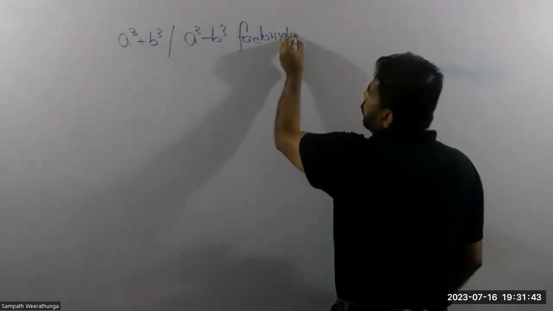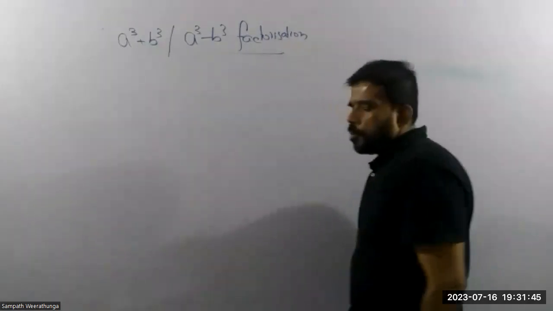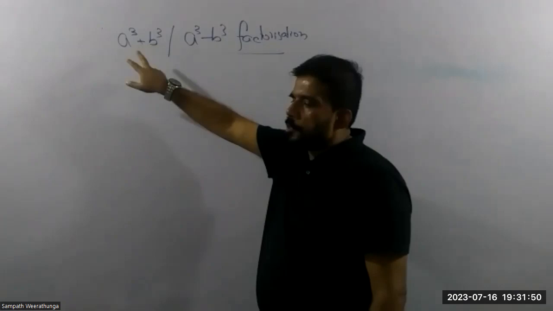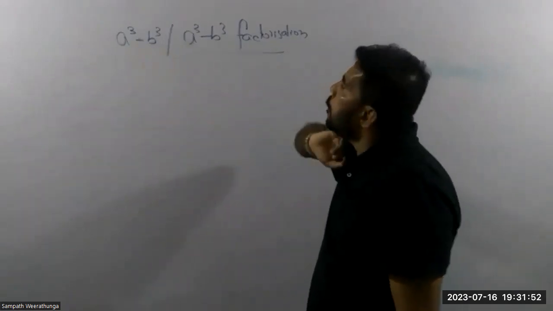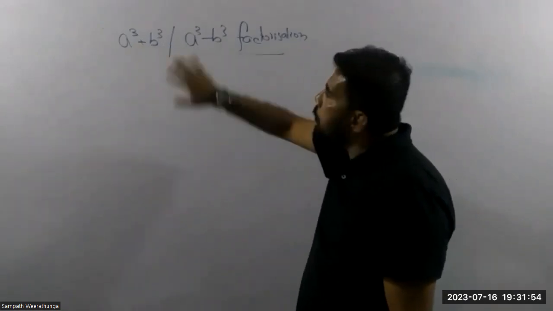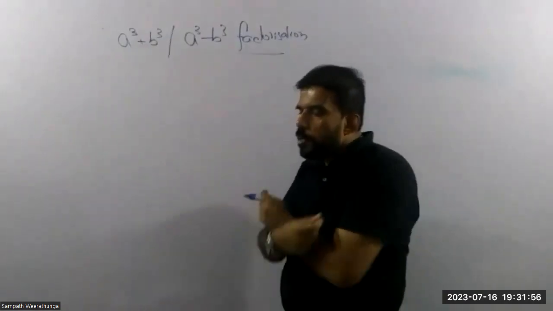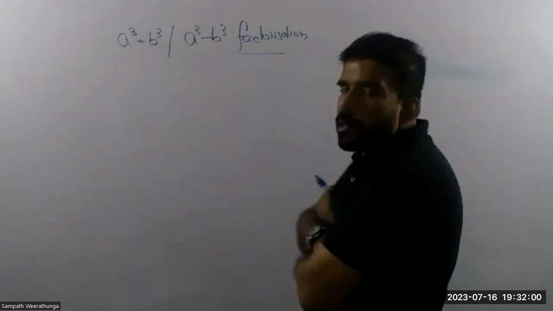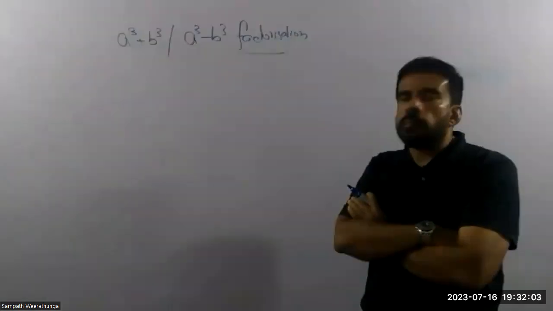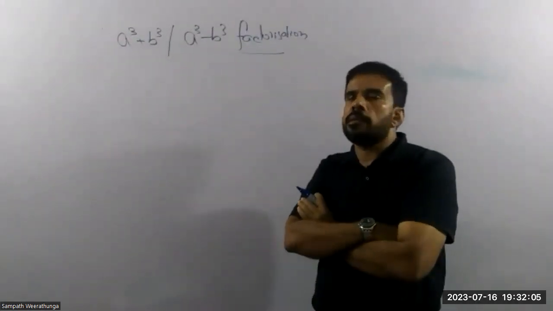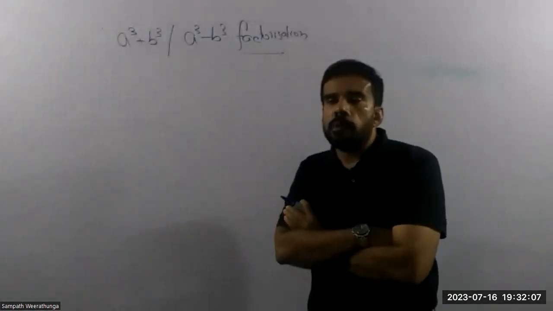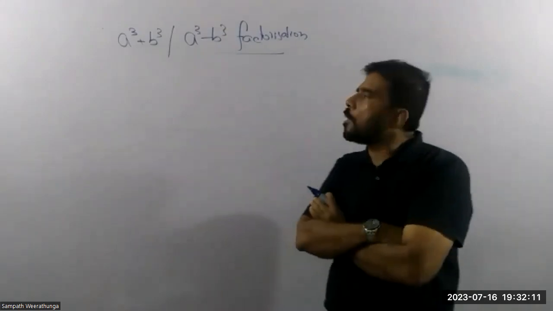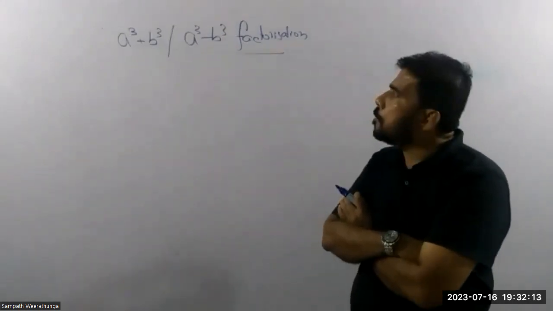How to factorize in cubic form. Still, this is a binomial. It's a relationship of two variables, but it's in cubic form. Here, we are not seeing any direct method, or it's not coming to our mind. We can use some specific method to expand this and find the factors. So what